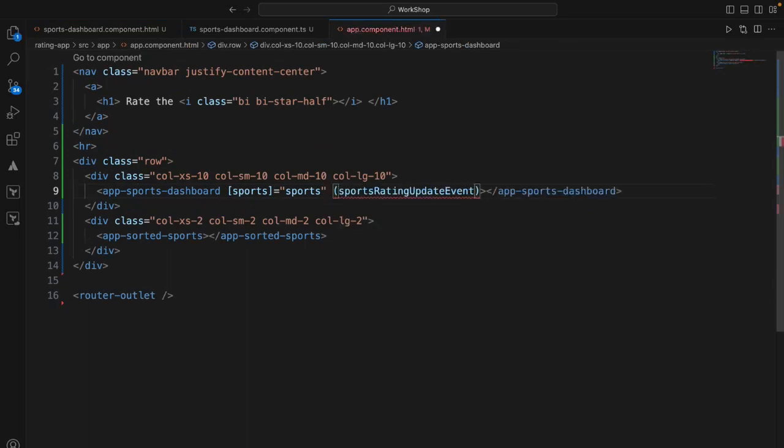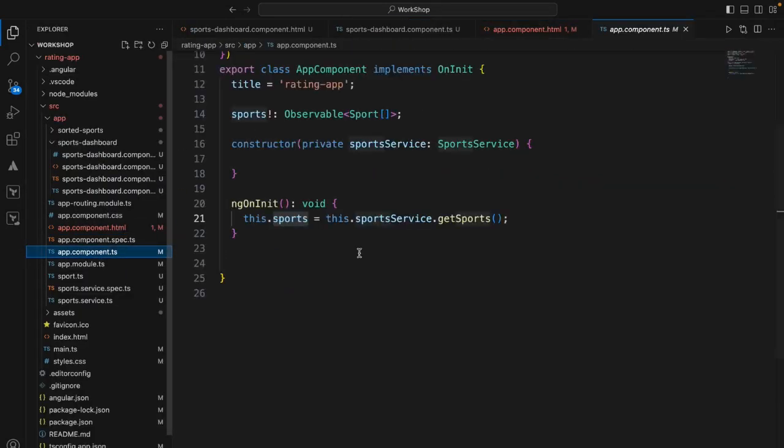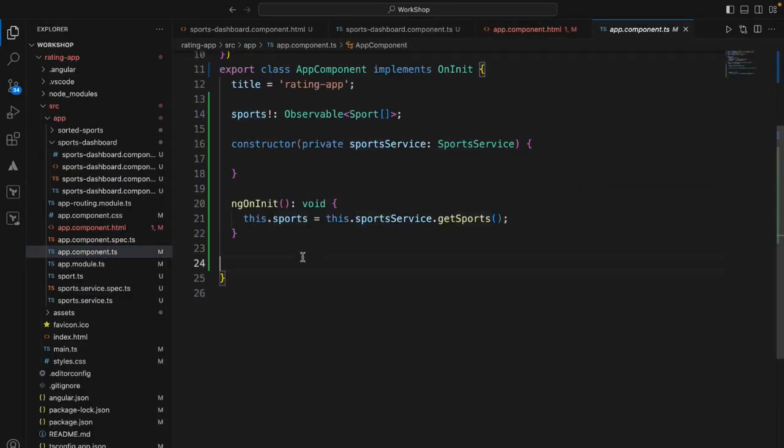This will be the event, and I need to add a handler here. So this is receiving rating update from child. Here again it will be event. I need to get hold of the data, so I need to write this function over here and get the data out of it. Here I'll get the $event,